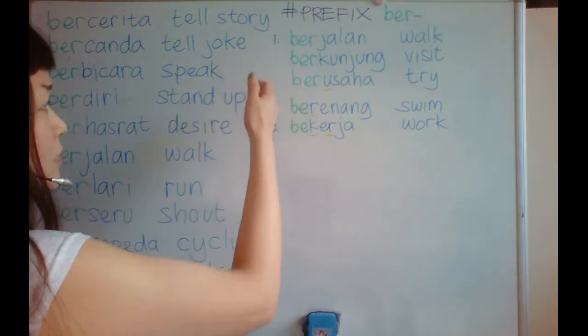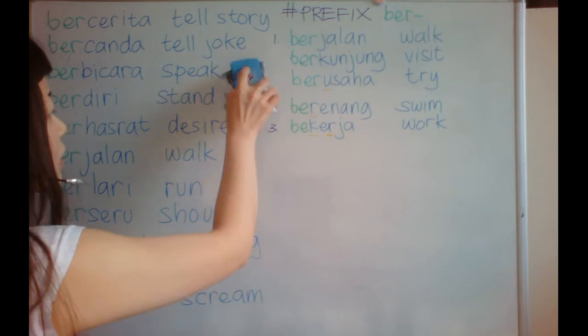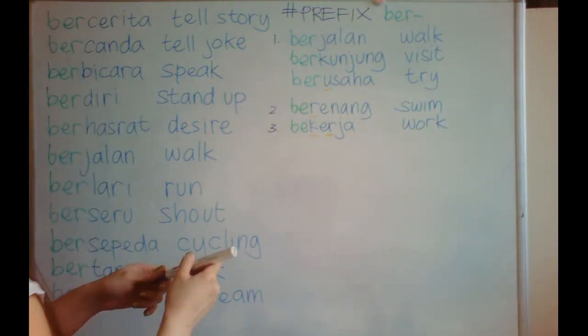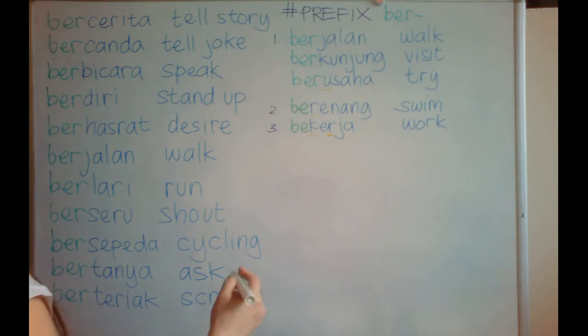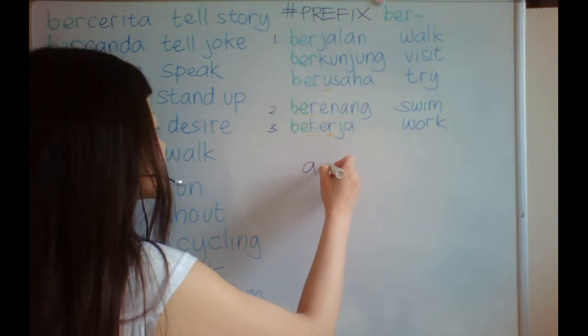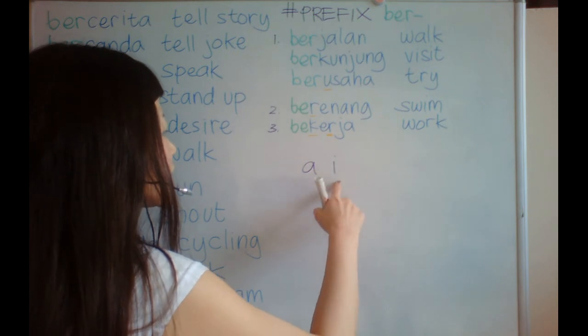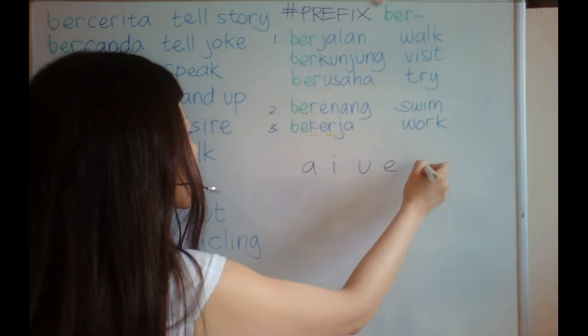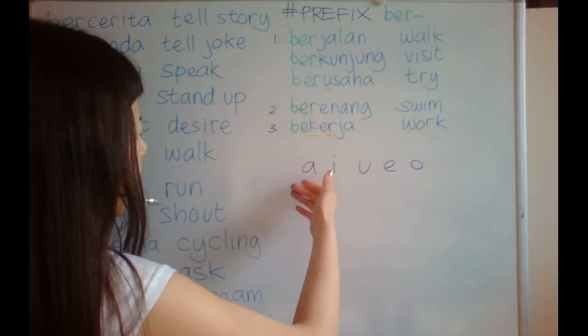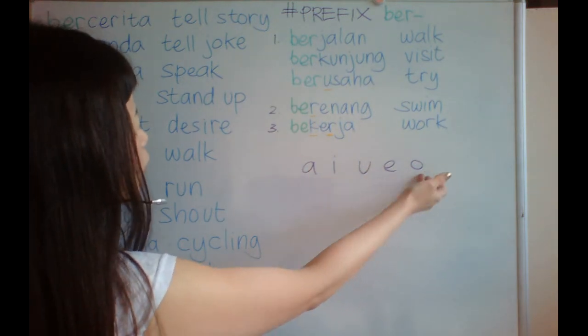Number 1, it works almost for every vowel. And the vowels in Indonesian language are, I will read it in Indonesian, A, I, U, E, O. If the base word started with A or I or U or E or O,